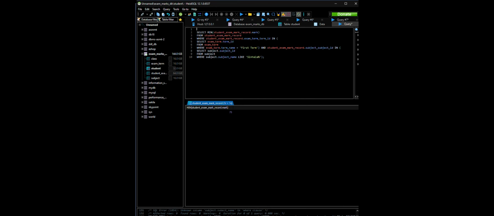I'm going to include this lower part in a subquery, and for now I'm going to search the student index number. The details of the student who got this lowest mark: the student dot first name, the student last name,